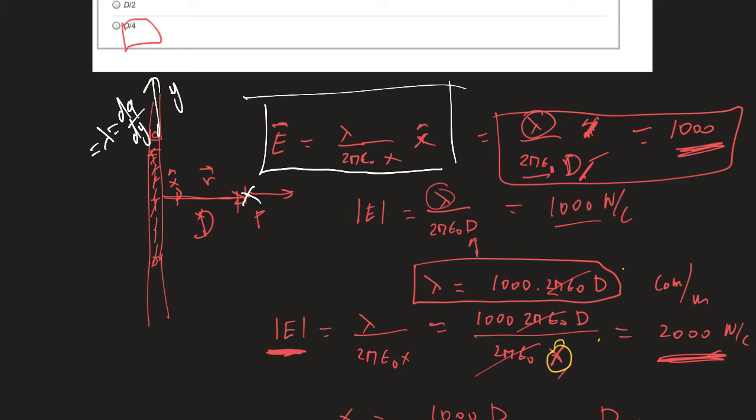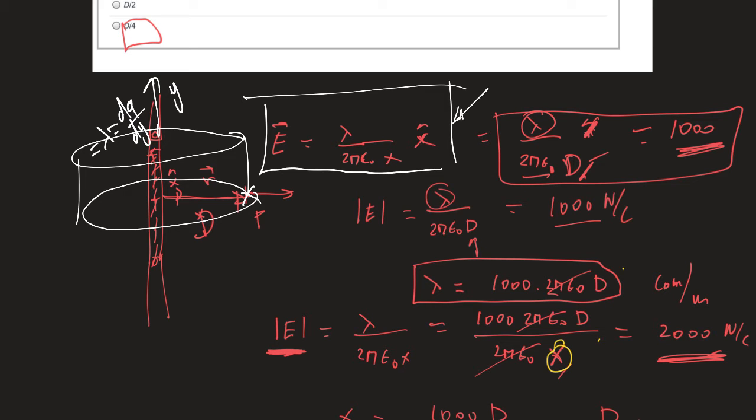Also, we have proved this same result using Gauss' law. We constructed a cylinder around the charge, we applied Gauss' law, and we found that the symmetry says the electric field should be this value. So this x is the direction of the vector. The direction is going from the cable, perpendicular to the cable, to the point where I want to measure the